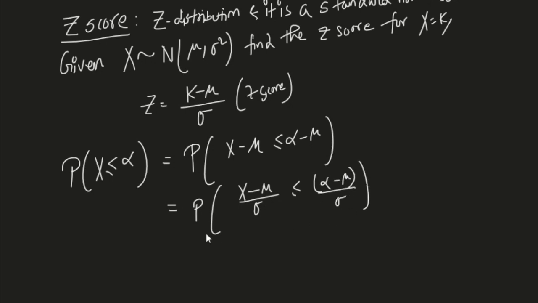Now if x is directly a normal variable, it's fine, but if x is just representative of a sample which has n entries in total, then what we do is we multiply by root n on both sides,